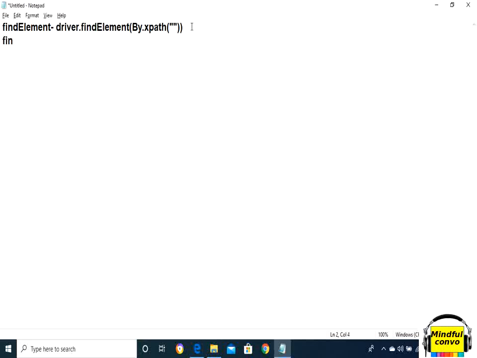Basically the syntax of find elements is List<WebElement> equals driver.findElements(By.xpath(...)).